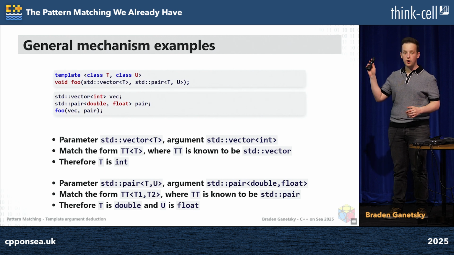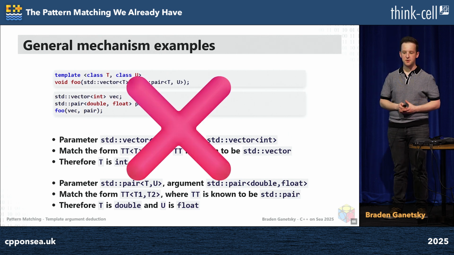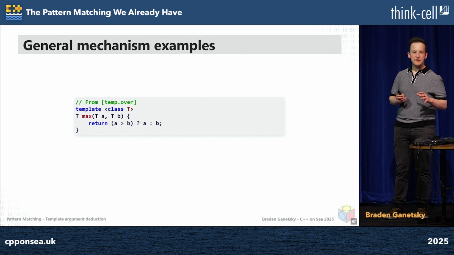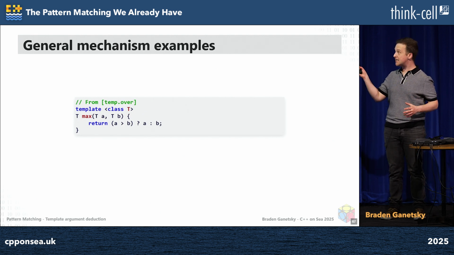If we only had one overload here, then yes, this will fail. This template argument deduction, the entire thing fails, and the code fails to compile. This doesn't work. I want to give a simpler example of this kind of thing that may not work. You may have seen this. This is in the standard.